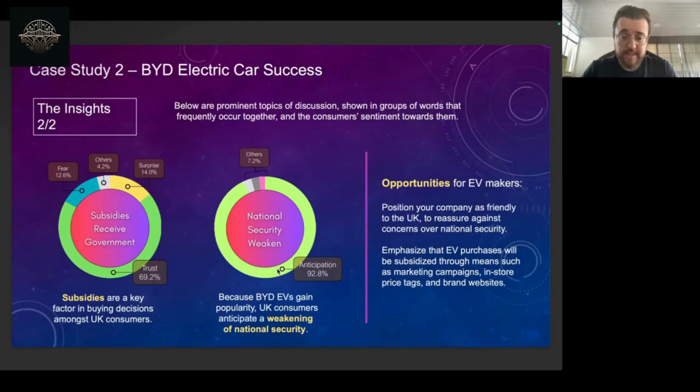And it has a sentiment of almost 93%. So what does that tell us? It tells us that when it comes to BYD, when it comes to, let's say, Chinese electric cars, right? The fact that they're gaining popularity, it's making UK consumers anticipate a weakening of national security. What does that mean? It means that there's a lot of talk in the media right now that the rise